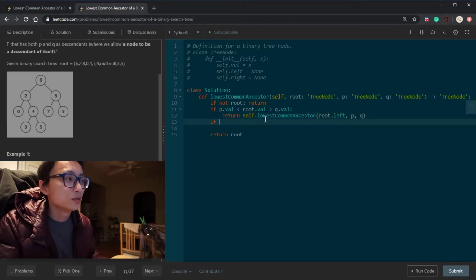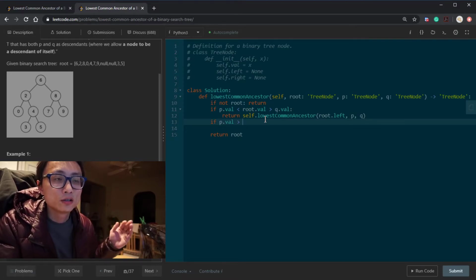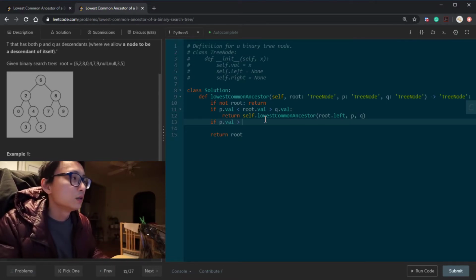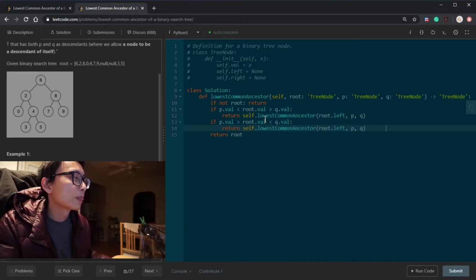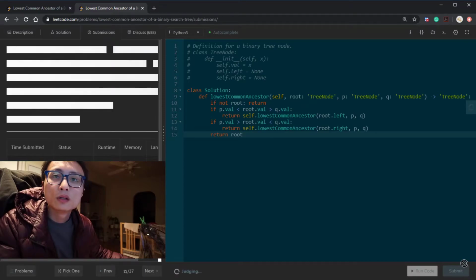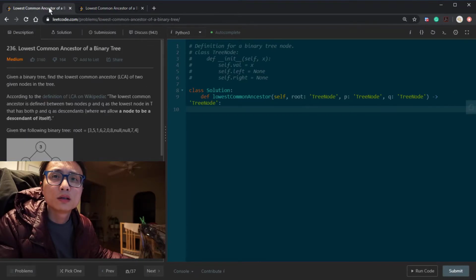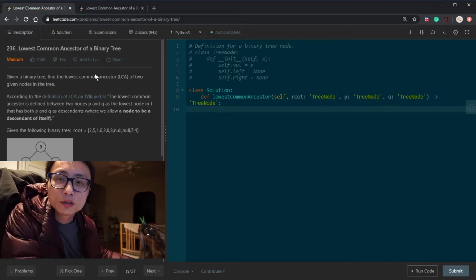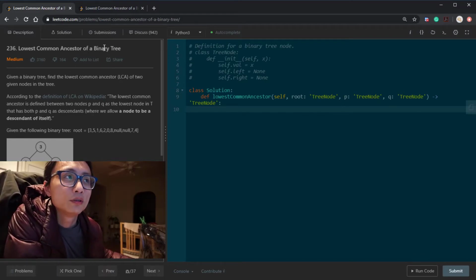The other extreme, the other alternative, is that both of these nodes have values that are larger than ours, so we have to go to the right to find the lowest common ancestor. So this is pretty much the code. It's relatively simple, and let's look at the slightly more difficult one, which is the LCA of two nodes in a